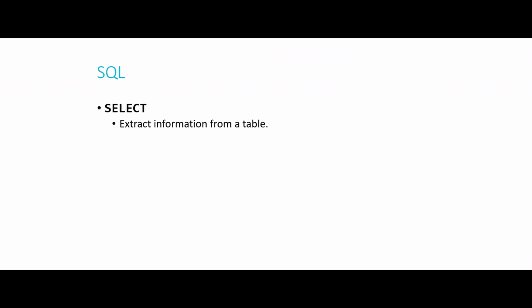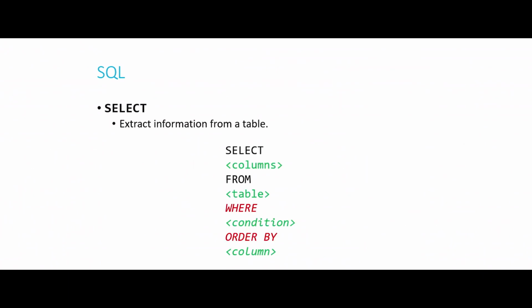Now let's talk about the second operation, which is select. So if insert is used to put information into a table, select is used to get that information back out of the table so that we can do something with it. Select queries also have a very similar skeleton, and they look like this. Select, and then whatever columns you want to choose, from whichever table you want to choose them from, and then optionally in red here, these 2 other things, where